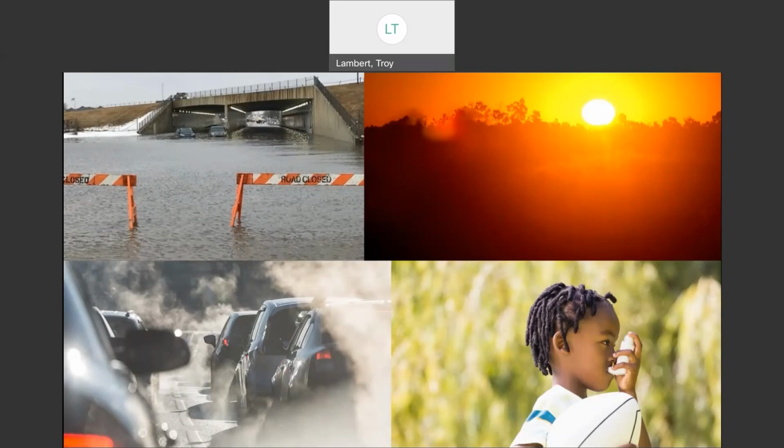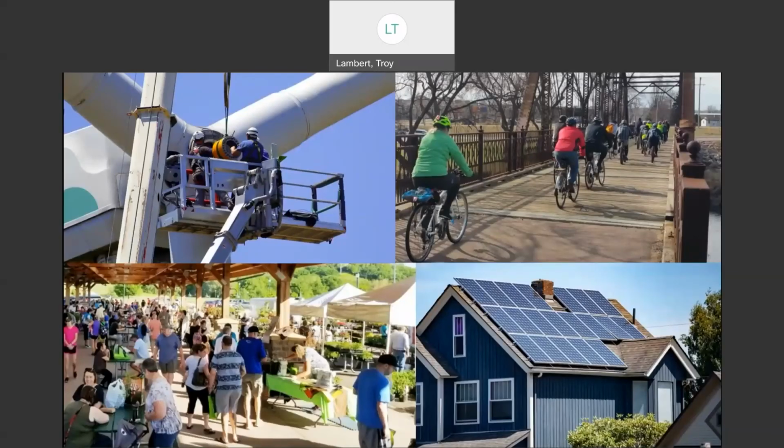The other one, beyond solving these issues or addressing these challenges, is being able to reap the many co-benefits of sustainability actions. So this is one of the reasons I love this field, is because there are so many benefits to these types of measures that we are wanting to do. So thinking about renewable energy, there's job creation there. There's economic growth there. We're thinking about alternative transportation, riding our bikes, walking more. That's good for our health. It's good to get fresh air, to move our bodies.